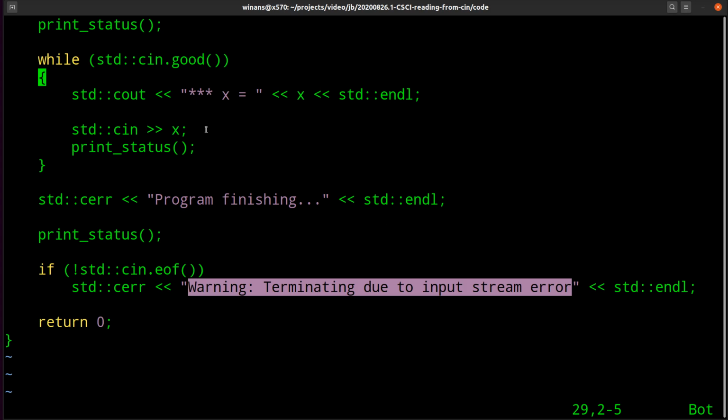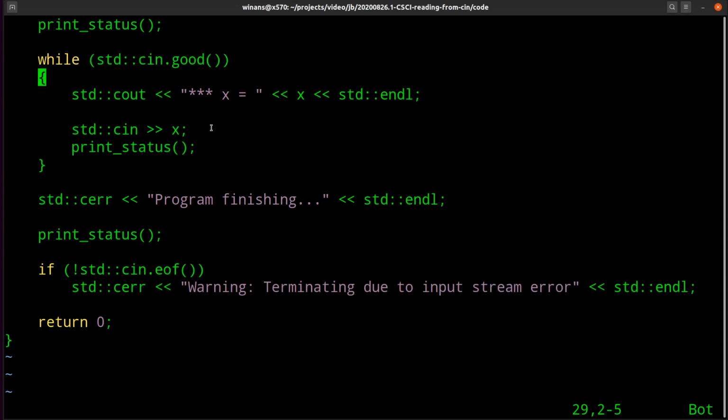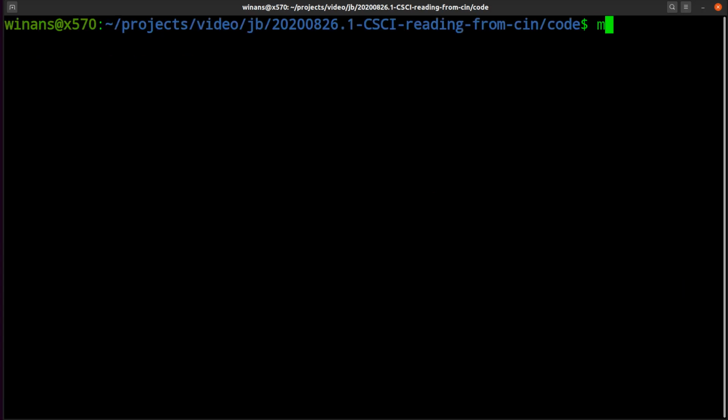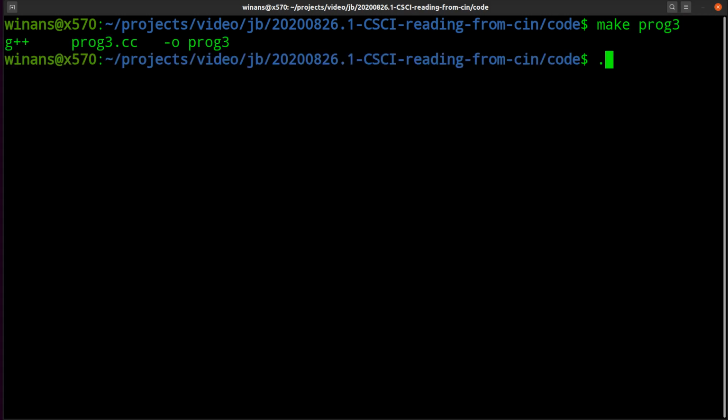You could silently finish your program on an error or an EOF or a bad or whatever, but then the user has no clue whether all the data was processed, which is a gross insult to the user, right? So this should be a bit more useful for general processing needs, okay? So that's Prog 3. Let's run this one.